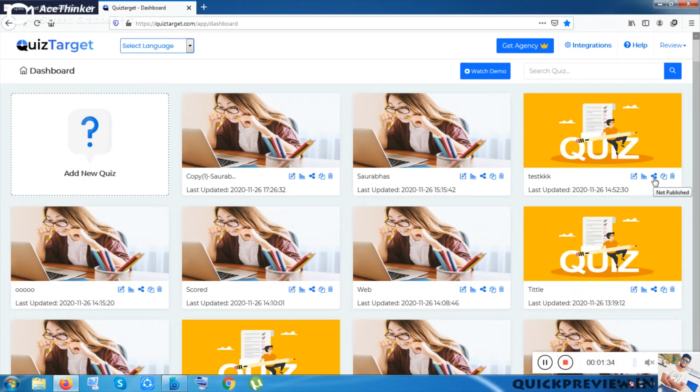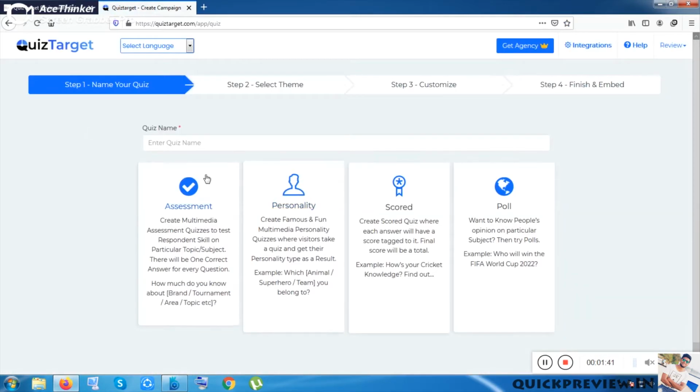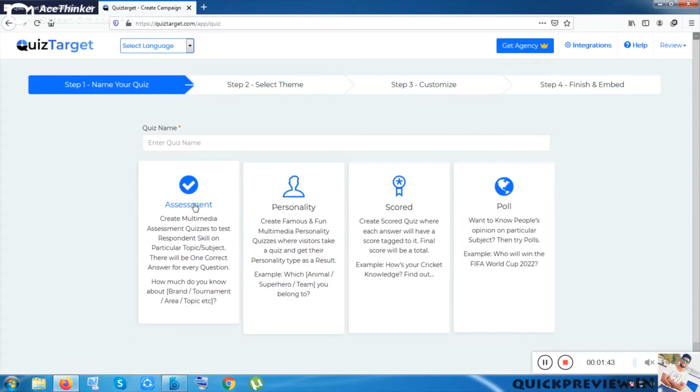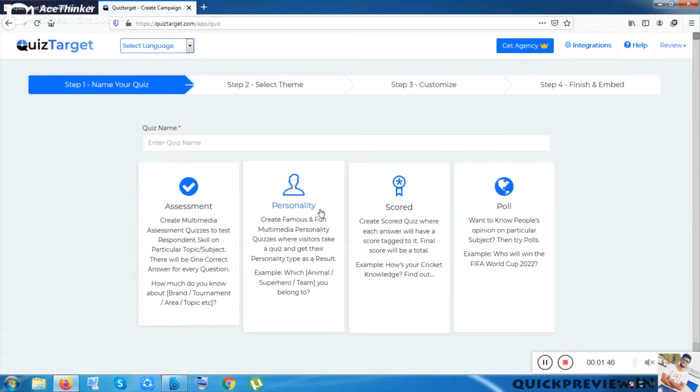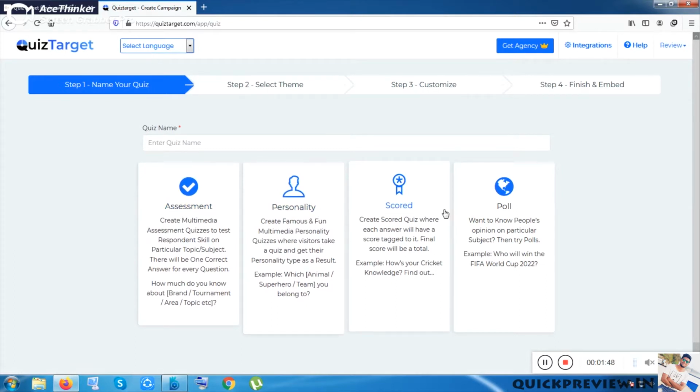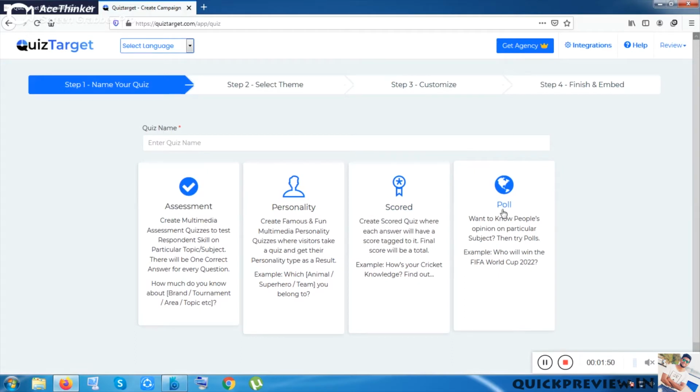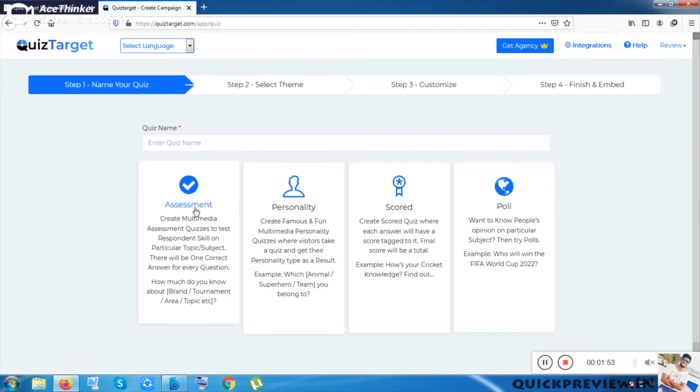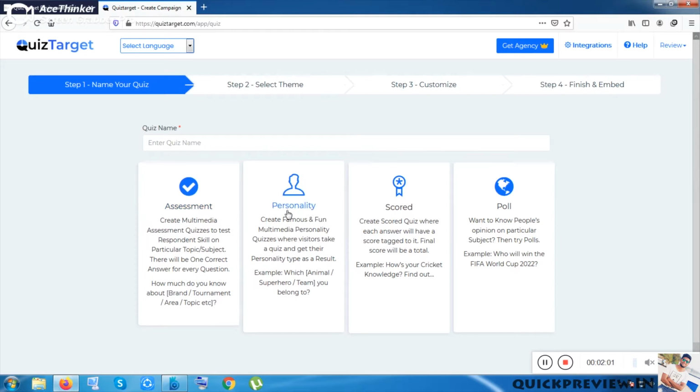Okay, now let me start with add a new quiz. Once I have clicked on add a new quiz, they are giving four options. Number one is assessment, next personality, the next one is scored, and the last and fourth one is poll. Okay, so the first one is assessment. This is where you can ask any quiz based on any topic, and inside personality you can do a quiz campaign based on any personality, kind of superheroes.